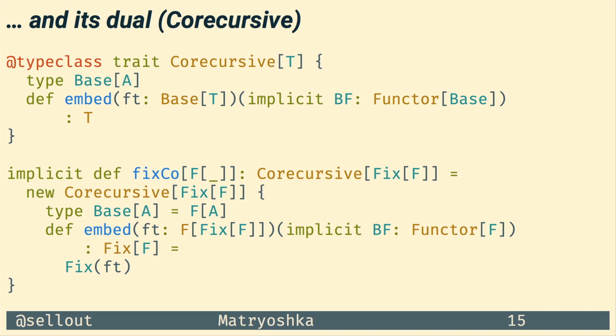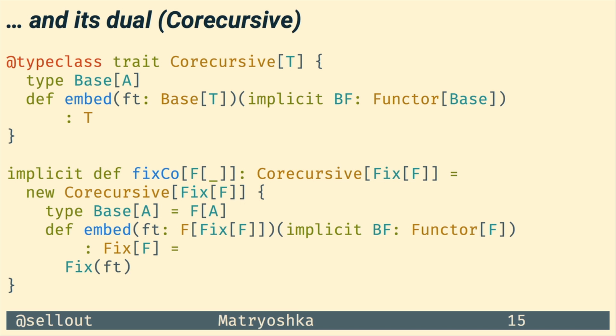In its dual, it also has the same base functor. In the actual library, this functor is pulled out into its own superclass of corecursive and recursive. I don't know if it's worth actually keeping it that way, but it is some shared aspect of the two. And then the dual of project, which unwraps one level, is this embed operation, which takes, I'll look at the